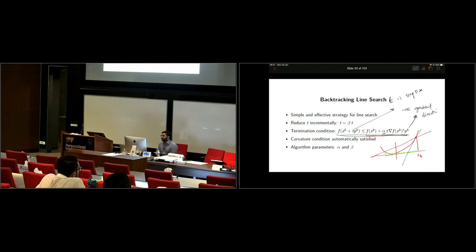At least it's not satisfied in this example. You would not find a valid point for it. So we say, okay, let's not be that tough. Let's keep alpha less than 1 so that you can actually find something reasonable. So that's why alpha is chosen less than 1. Okay? Does this make sense to everyone?